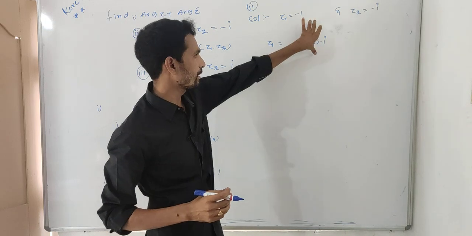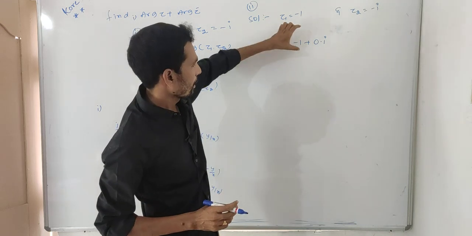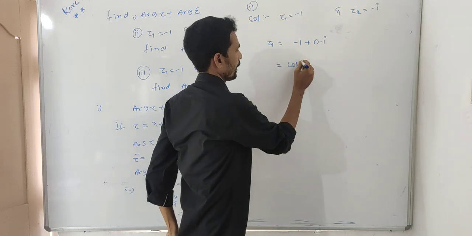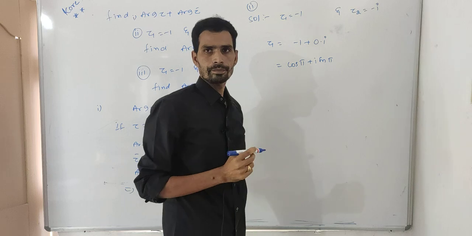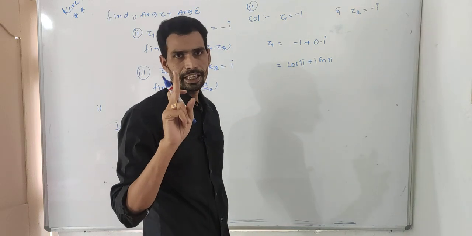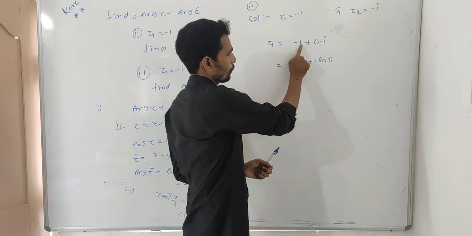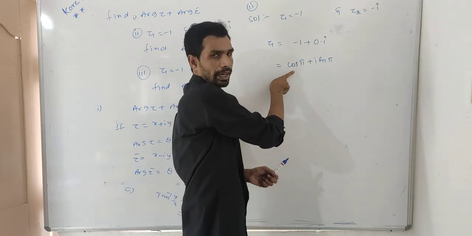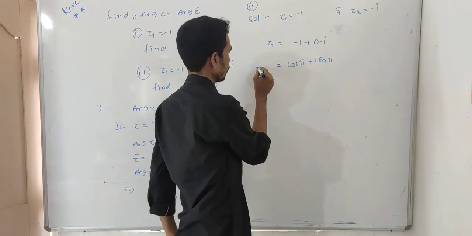It can be written in the form of the combination of cos theta plus I sin theta. Here cos theta, here I sin theta. Cos theta means here cos 180 value, cos pi plus I into sin pi. Cos pi value is minus 1, sin pi value 0. So minus 1 can be written as minus 1 plus 0 into I. So this one is cos pi. Cos pi value is minus 1, sin pi value 0, I is as it is. So indirectly this was Z1.